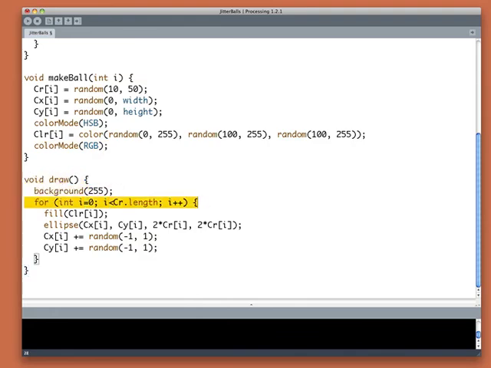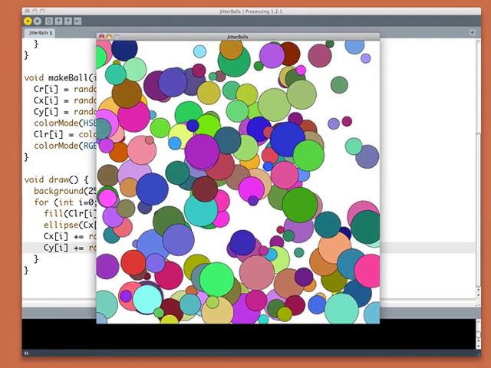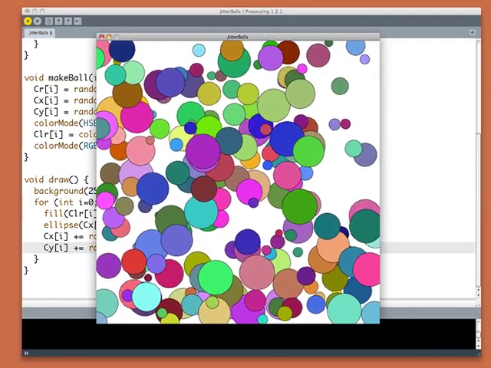And in this case, I'm going through 0 to the length of the radius array. But again, they all have the same length, so it doesn't matter. I fill with the color, I draw the ellipse, and then I add a random number between -1 and 1 to the center X. And I add a random number between -1 and 1 to center Y, and that's it. So if I run this program again, we get a completely new and unpredictable set of 200 balls, and there